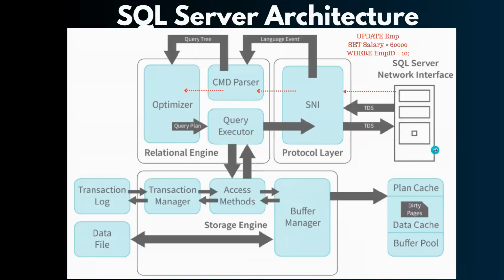Now let's see what happens when the update query executes. So the protocol layer and the CMD parser, everything will be the same as the select query, and it will go to the optimizer. Optimizer will again check for the plan related to this query, and if it is not there, it will create a plan and choose the optimized plan based on the query cost, and it will send the information about the query plan to the query executor, and then the query executor will see that this data page is